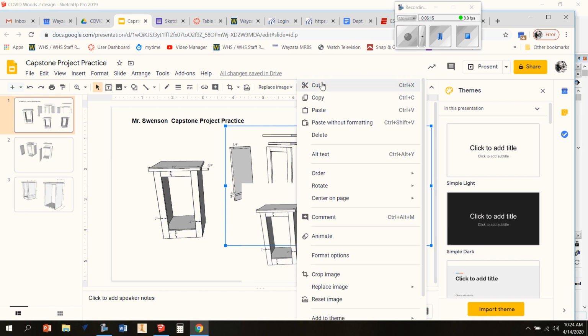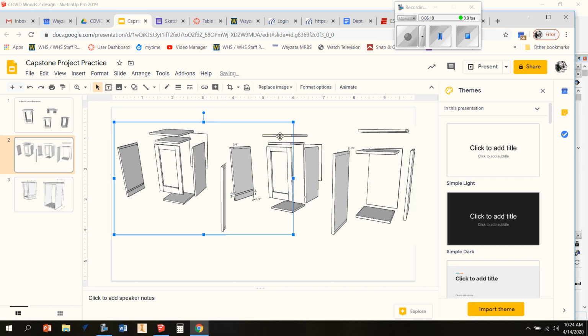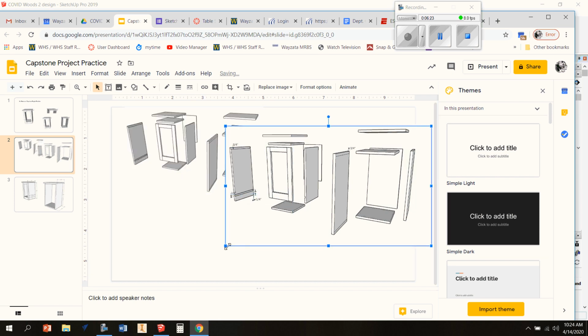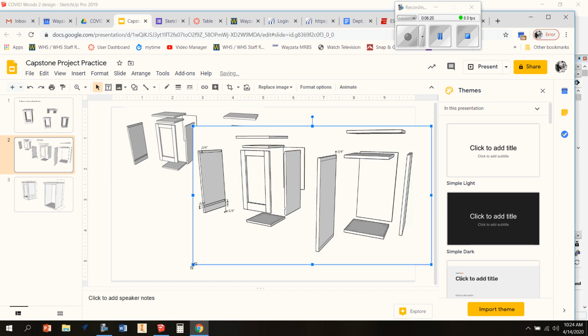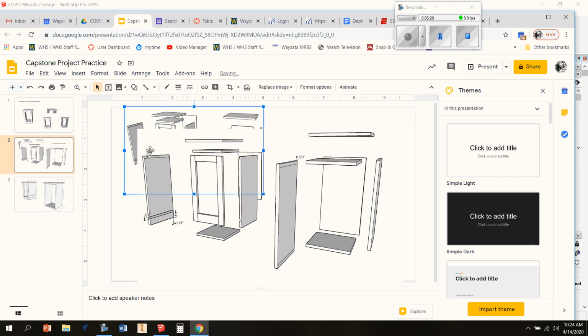Let's cut this one. Let's see if we can paste these two. This one being the less important one, this one having dimensions on it, and I might only get one drawing on here, and that's okay. So it looks like,